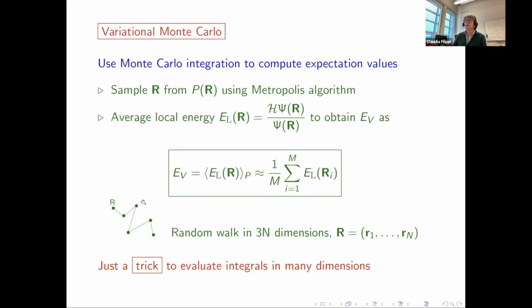To do so, we perform a random walk in this 3n-dimensional space, where n is the number of electrons. This is a trick to evaluate integrals in many dimensions, which can be pretty large. And the advantage is that if you do so, you're not constrained, for instance, to use Gaussians as a representation of your orbitals. You can also put Rij terms, so interelectronic distances, inside your wave function, and you can compute your integrals with